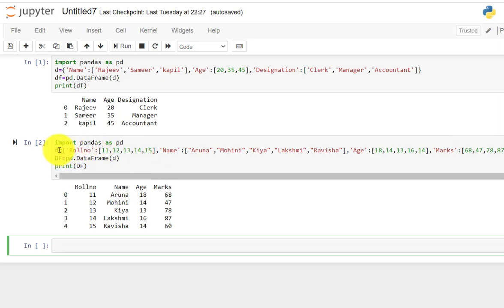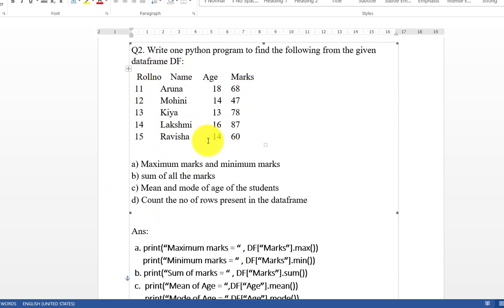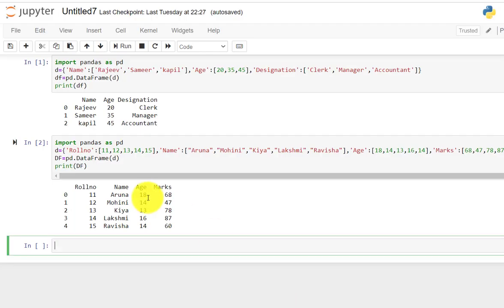Now we convert this dictionary into the data frame. So simple, you have to use the pd object dot DataFrame and assign the dictionary, which will be converted into the data frame in the df variable. Clear? df object. And now you can execute this data frame. So we get that output and it is according to our data frame that is in our question. So this data frame has been created in Python. Clear?